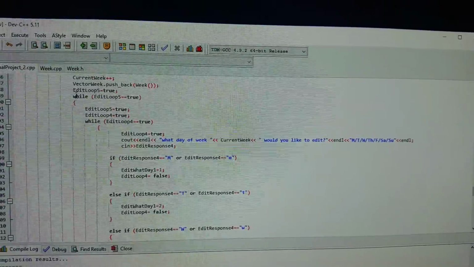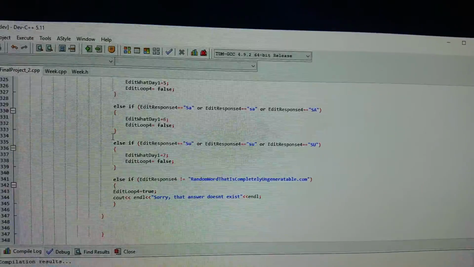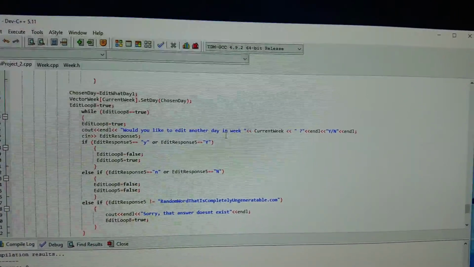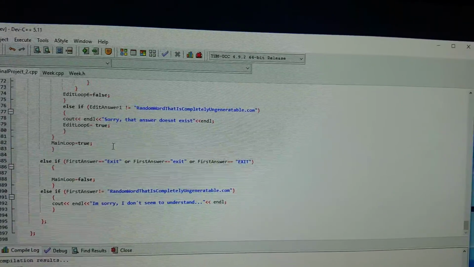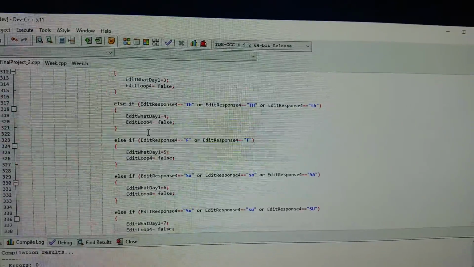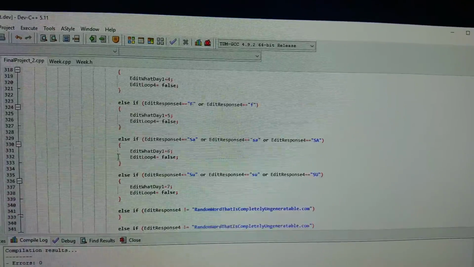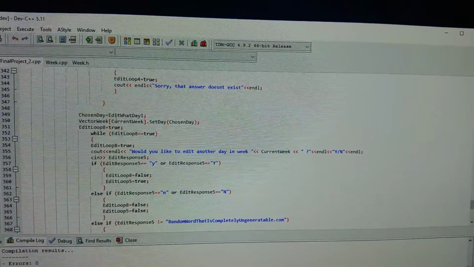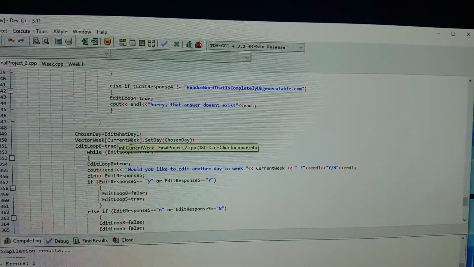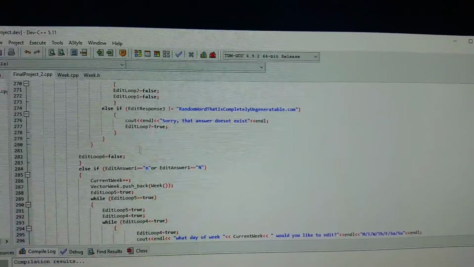It'll go through all these extra loops that you see here, as defined at the top, are all just error messages, just in case somebody types it in wrong, so it doesn't break the program. It will ask, would you like to edit another day, and so on and so forth, and then it will go all the way to that answer doesn't exist. And that's essentially it. This will go through your whole program, create yourself a new week, make yourself everything, and at the end it will even tell you chosen day is equal to edit what day, which is given from here before, and then vector week current week is the latest week, since it's current week ++ from up here,